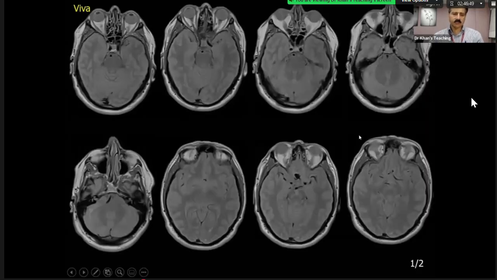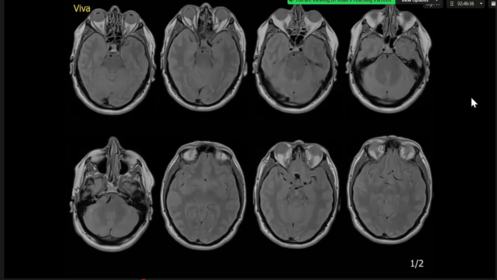Now, this is the use of PD weighted sequence, and you can see this axial and candidate 1. What is the finding? Just look at the vessels, please. Just look at them and any finding you pick up. So these are axial slices, PD weighted images of the brain. I think in the third column, second row image, the vessel appears quite ectatic. I wonder if there's an ACOM aneurysm.